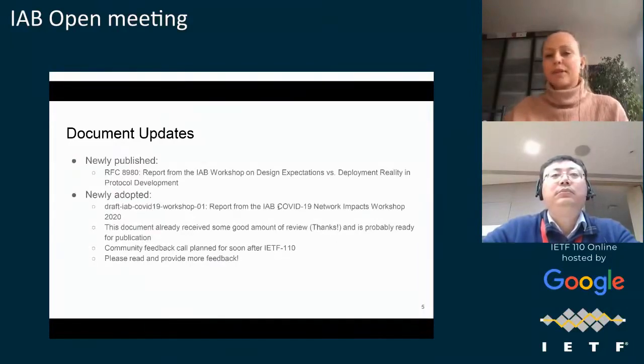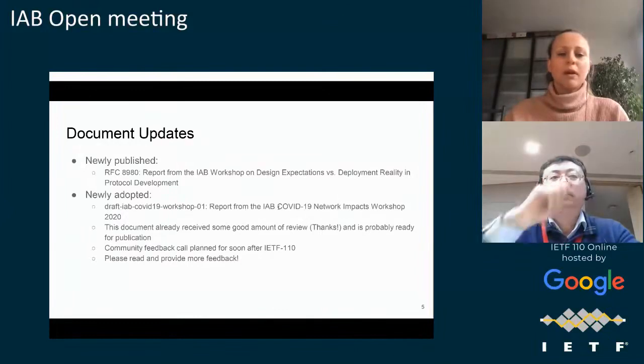It's a workshop report, which means I hope there's not a huge amount of discussion about what needs to be in the document. It's really trying just to report what's happening. I have the feeling that this is ready, so we will soon decide to go for a final community feedback on this draft, and then hopefully publish it very soon as an RFC. So if you haven't read this yet and you want to read it, it's a good time now, but we will also send out an official community call.